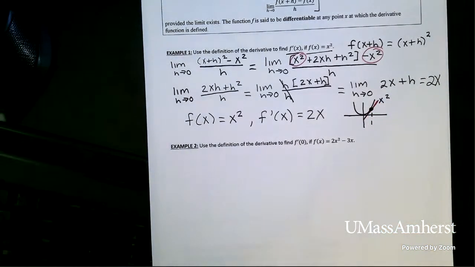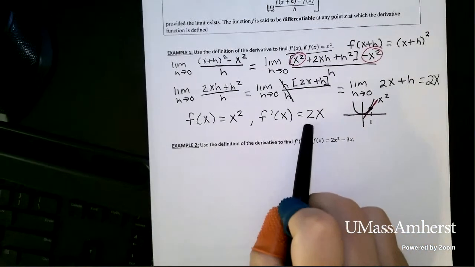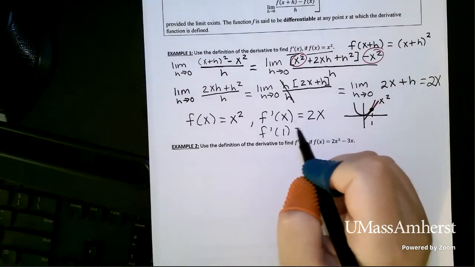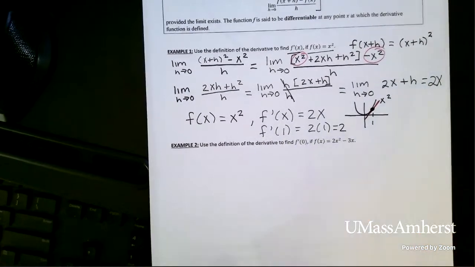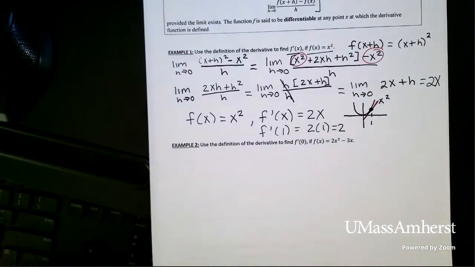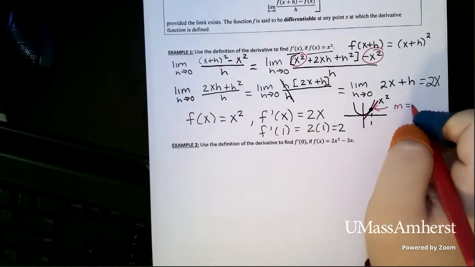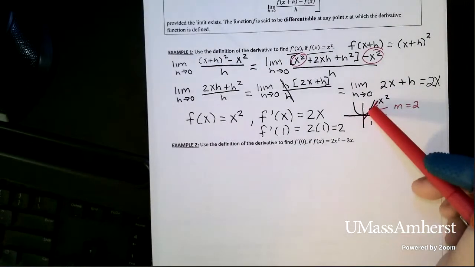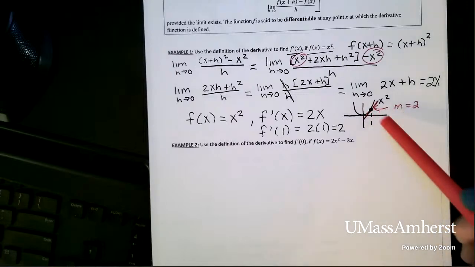I can find that slope by plugging the value of 1 into my derivative function. So f prime of 1 is 2 times 1, which equals 2. So now I know the slope of this tangent line is going to be 2, and I know that my function is changing at a rate of 2 units in the dependent direction for every one in the independent direction